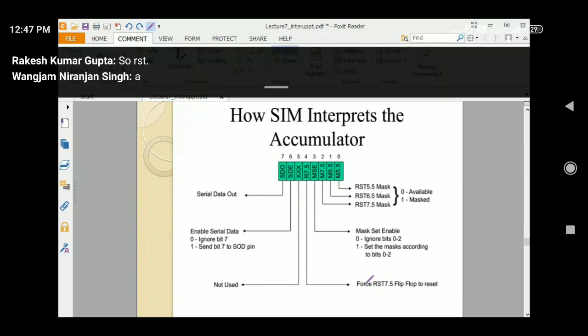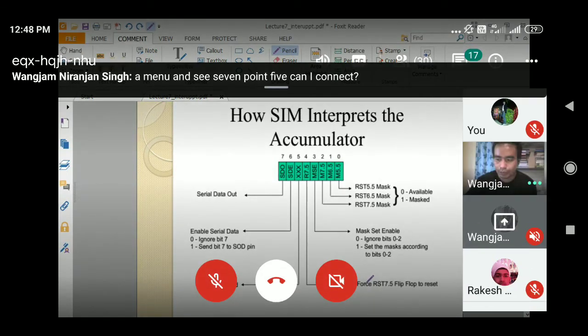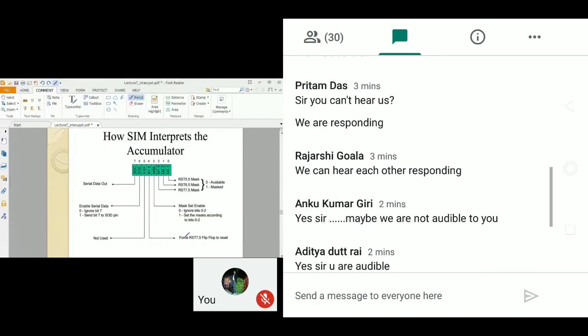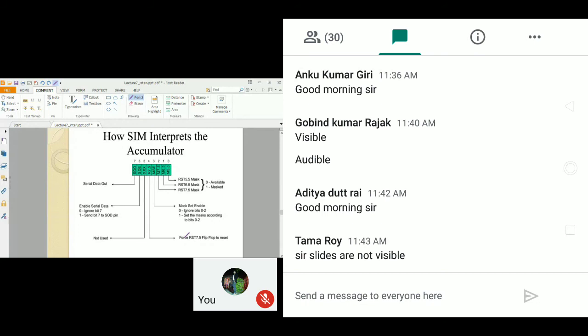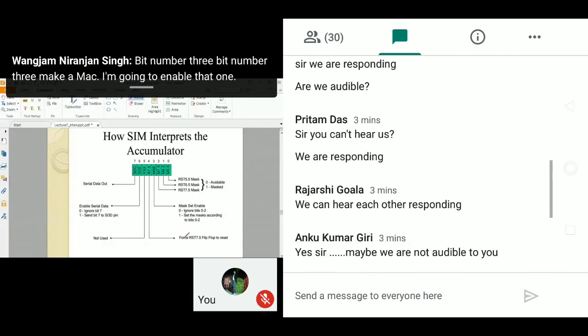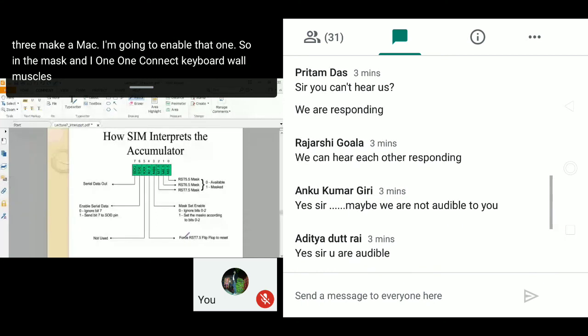I have already told you, RST 7.5 is to be masked and activated. How to activate it? To activate it, the mask has to be enabled. After that you're going to use that maskable interrupt. How are you going to enable that one? We have bit number 3, which is the mask enable. I'm going to enable that one, and after making it 1 it will be masked.